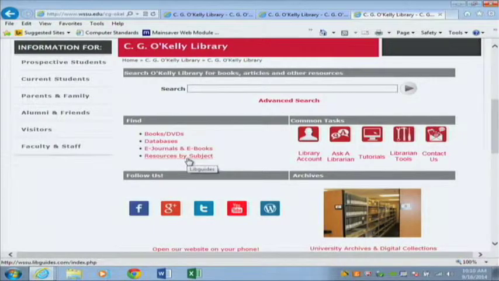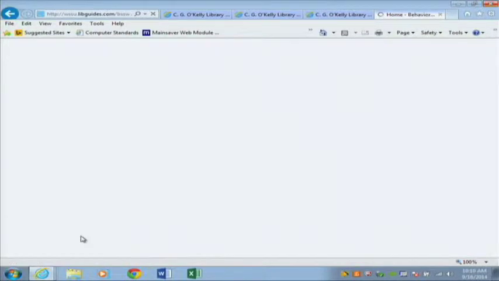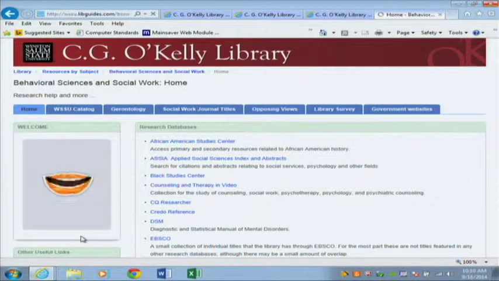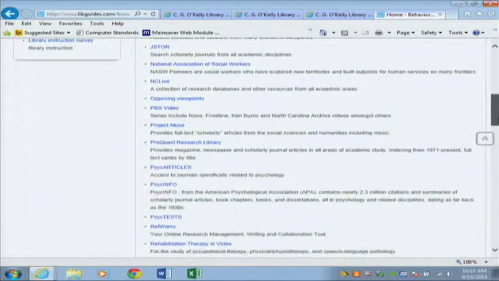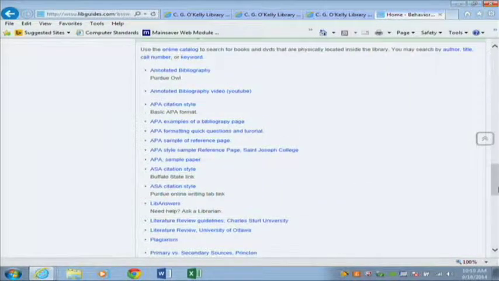again, if we click on the LibGuide Resources by Subject, we're going to Behavioral Sciences, and again, this LibGuide contains a lot of information to help you if you're at home, someplace else, not within the library, or if you are in the library on the 3rd floor doing your research, you can access this information. And you can see there are several links